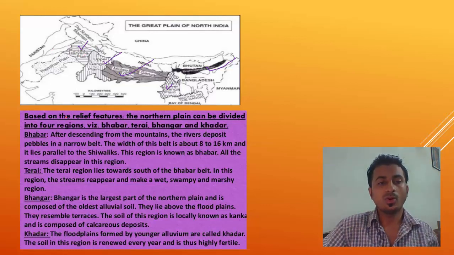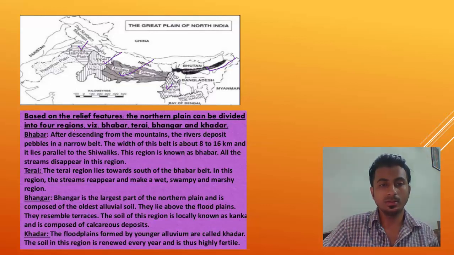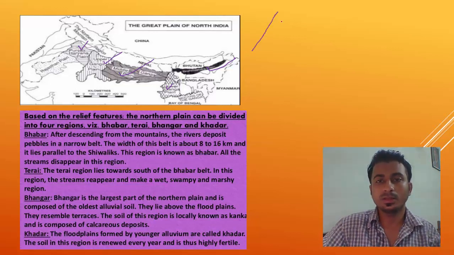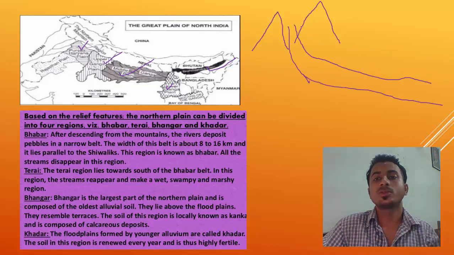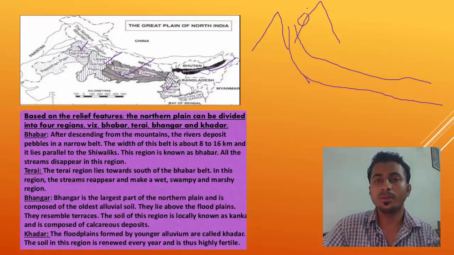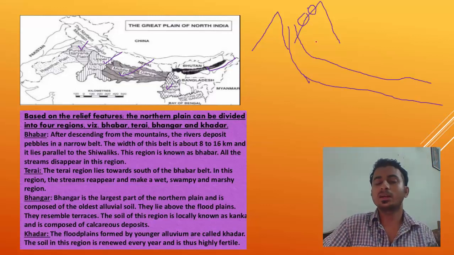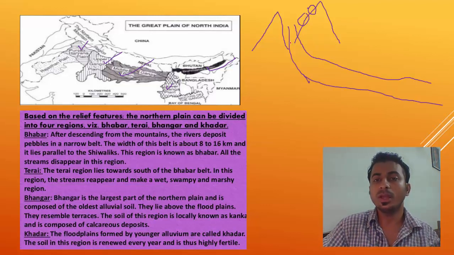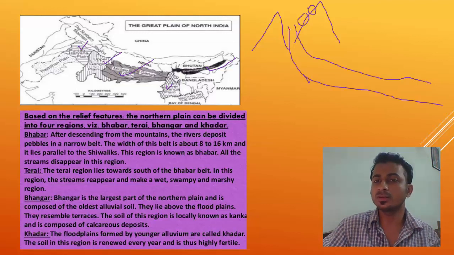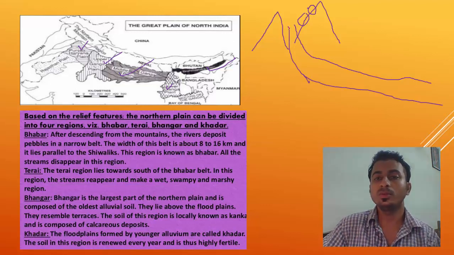Now I will talk about a few features of the plains. There are four regions in northern plains. First is Bhabar. If you remember, like this is a mountain, river is coming and flowing like this. Suppose this is Ganga. Now here the rocks were very big in the mountains. You know, landslides occur in mountains. So these rocks are carried by rivers, under the influence of gravity and the flow of the river, because the river here flows very fast. If you have visited mountains, then you know.